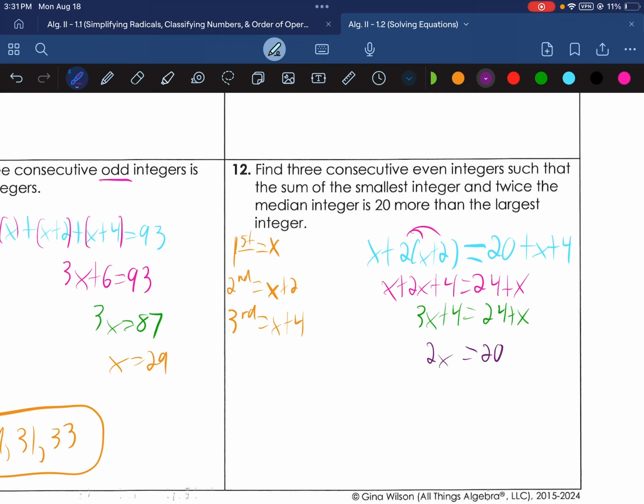Subtracting x from each side gives us 2x, and subtracting 4 from each side gives us 20. Dividing by 2 on each side gives us x equals 10. Now we're supposed to find all 3 integers, so since the first one's 10, the next one must be 12, and the next one must be 14. And 10 plus 2 times 12 is, in fact,